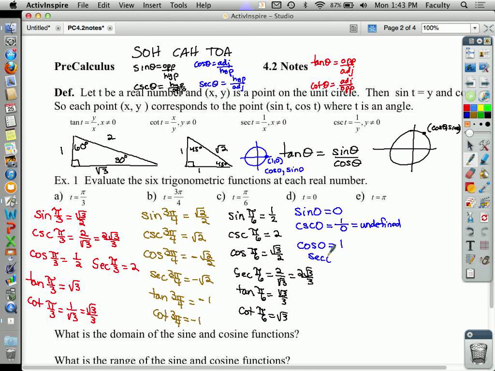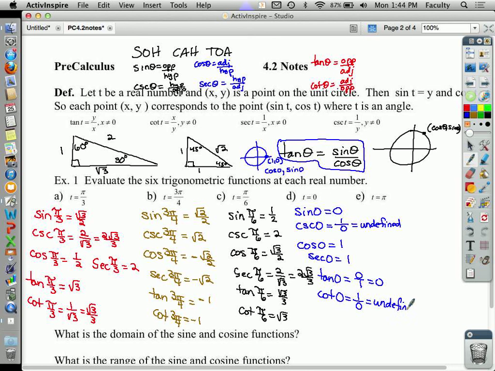So the secant of 0 is 1. Now here's where you have to use this fact that the tangent of theta is equal to sine theta over cosine theta. So this is 0 divided by 1, which is just 0. Cotangent theta is the reciprocal,